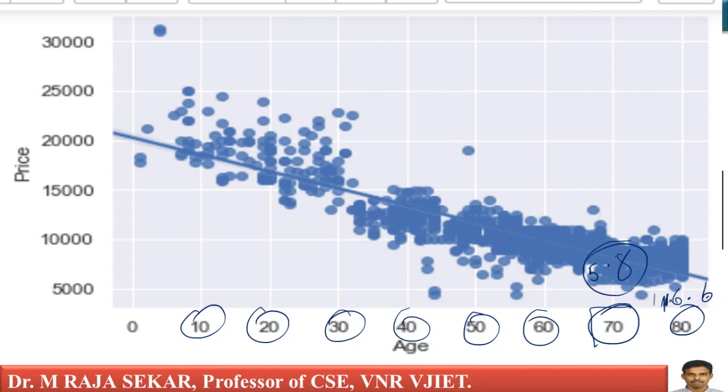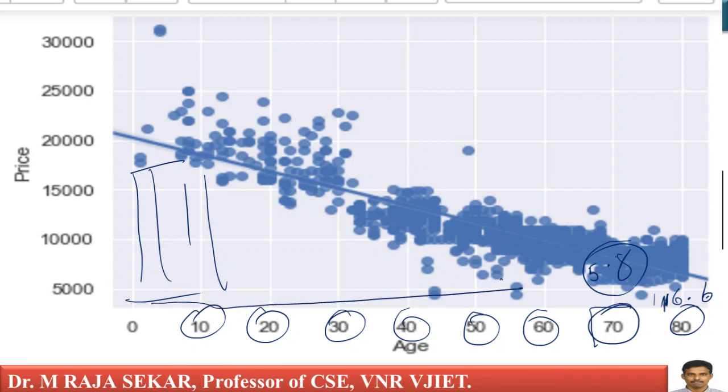Now, if you observe this graph, price is very high for new cars. This one is a new car, isn't it? Price is very high. This height is very high for new cars because depending on the age, there is distance traveled. If it traveled more, there could be more damage. It's common sense. And since it is not new, the price is also coming down. As it gets older, price comes down. If it is a new car, your price is high. This is a common interpretation. Anybody can understand.